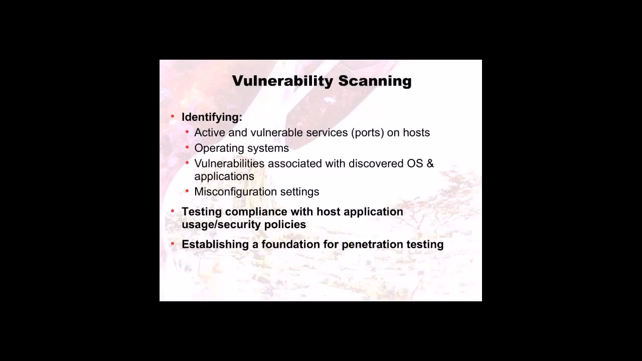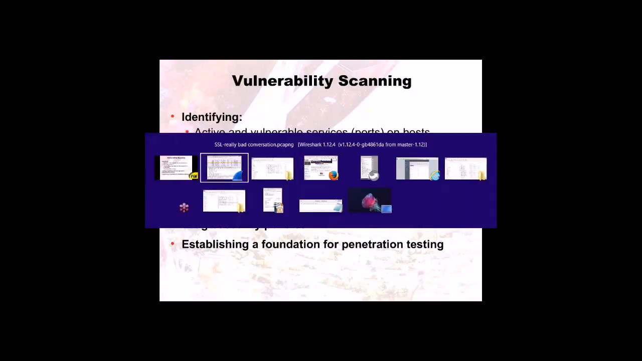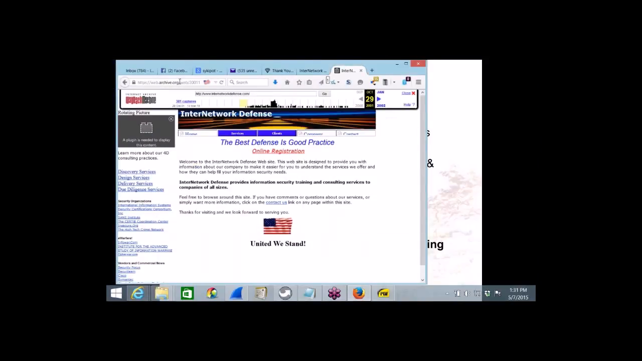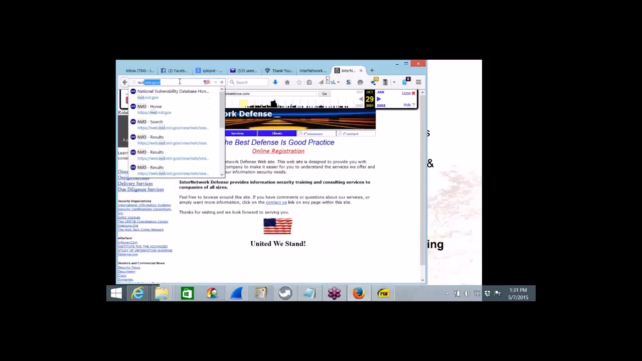All these Nessus and Nexpose and Retina and LandGuard, they all do Nmap type scans. In fact, Nessus does Nmap. But they also have a database of known vulnerabilities. So when we went to the National Vulnerability Database, the MITRE database,